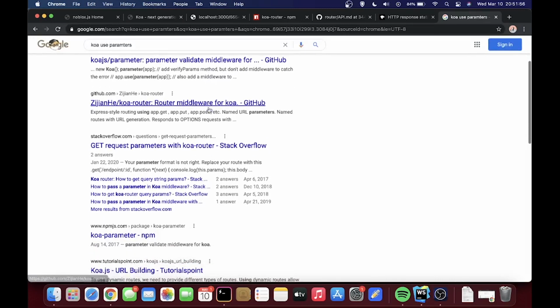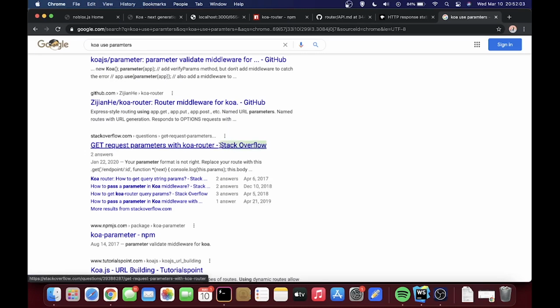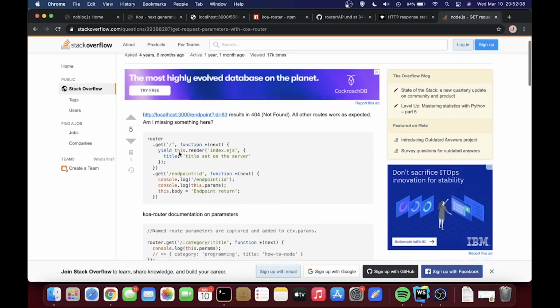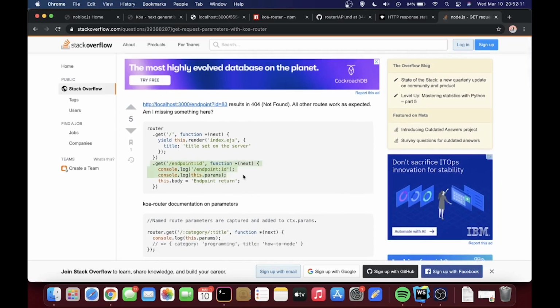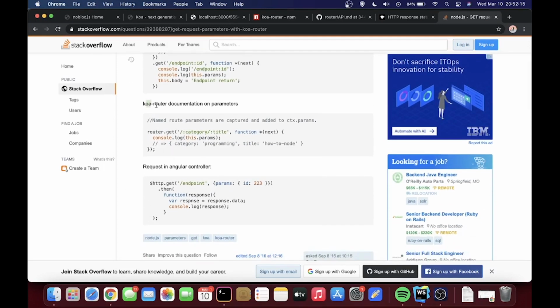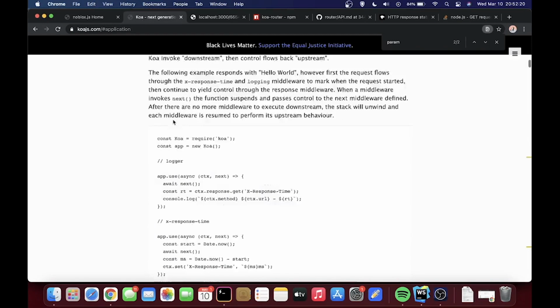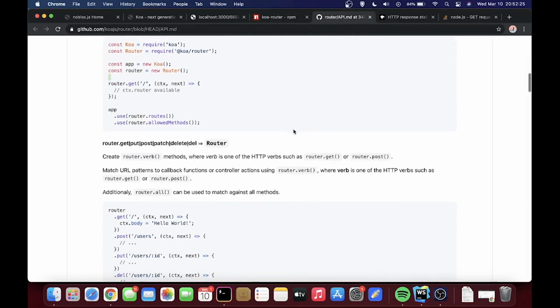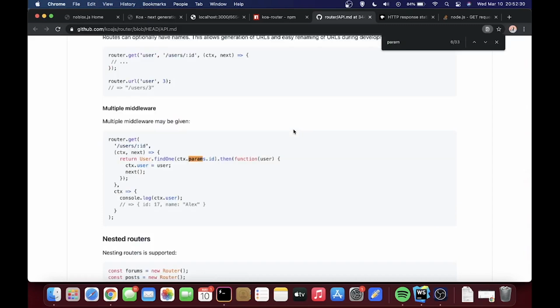And I'm looking around, and I see get request parameters with Koa's router. It's on Stack Overflow. Stack Overflow is pretty popular for finding what you need help with. So I go there, and I look at their code. Okay, I see this. Looks pretty similar to my code. This is Koa's router documentation on parameters. Hang on, but I went here. It wasn't in here. It's in Koa router? Perhaps. If I look down in this file, or in this API documentation, and do params,